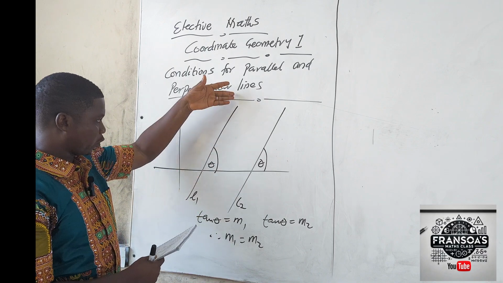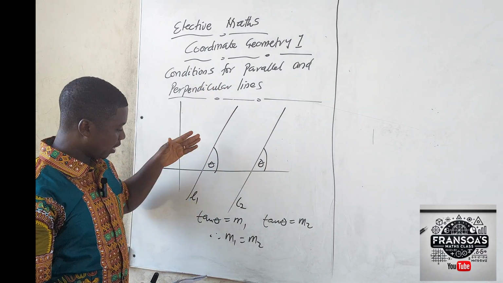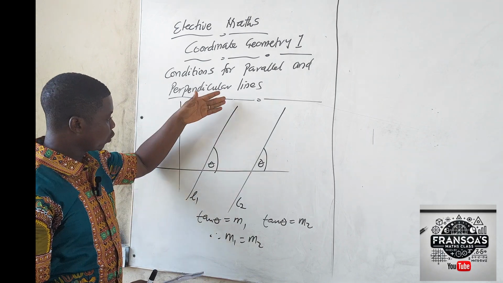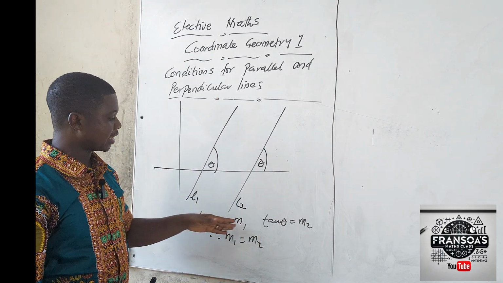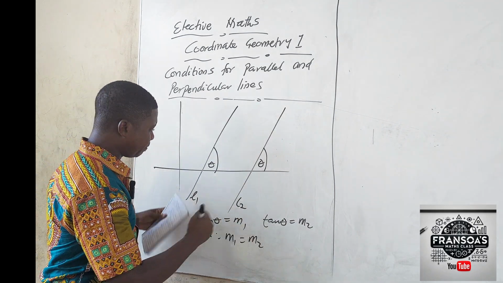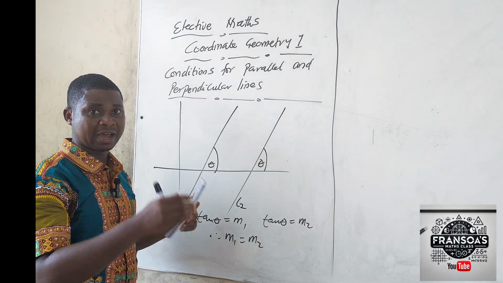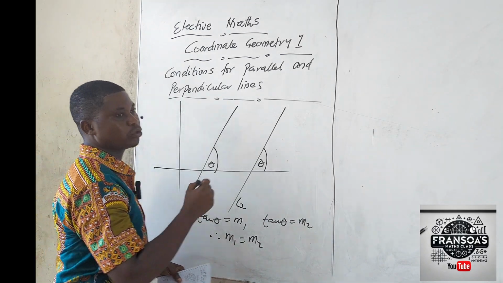The M1 is for the first line, the L1, and the M2 is for the second. The M is the gradient. The L is the line. So the L1 gives us tan theta is equal to M1. Then this one also gives us tan theta is equal to M2. But since they are parallel, it means that they have the same gradient. That's parallel. But when you talk of perpendicular,